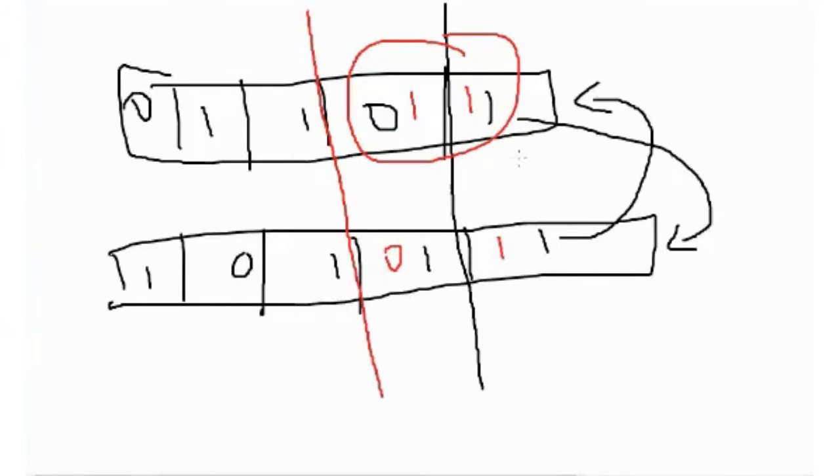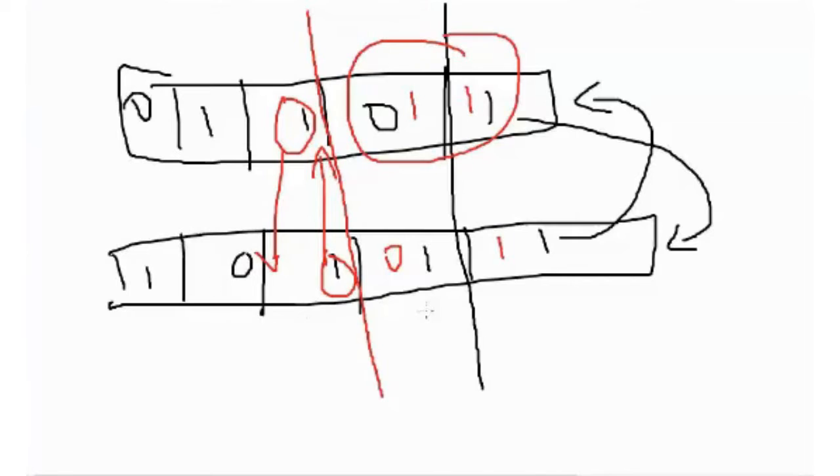In multi-point crossover, you will have more crossover points, and you will be exchanging the genes as they are. The gene that is available on that chromosome will come down, and the gene that is available here will come up. That is what will happen in single point crossover, double point crossover, and multi-point crossover. It doesn't mean that 1 will be converted to 0 only. 0 can be converted to 1 also in the binary case. 1 will be converted to 0 or 0 to 1, depending upon the value that is available.